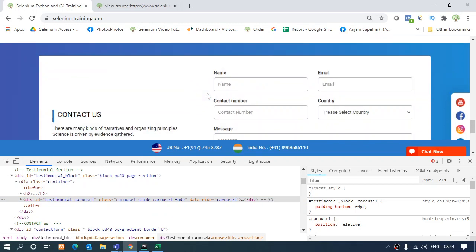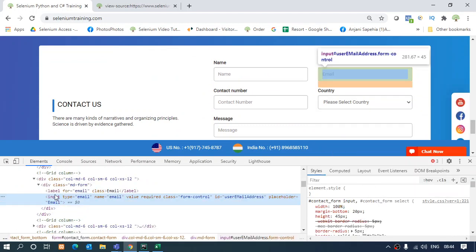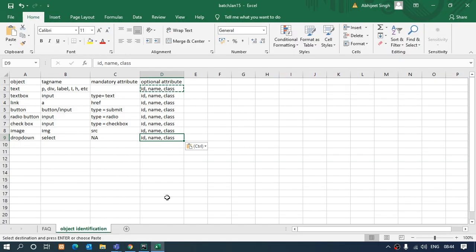Likewise, if I look for more elements, like I look for this text box, it will have the tag name, mandatory attribute, and then it is having optional attribute name, id and class. They are having three of them.